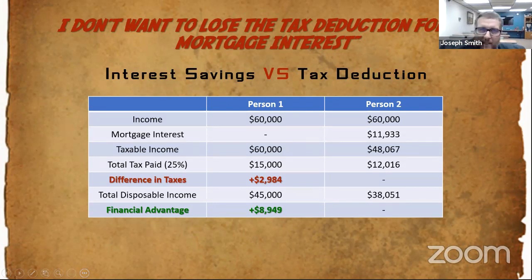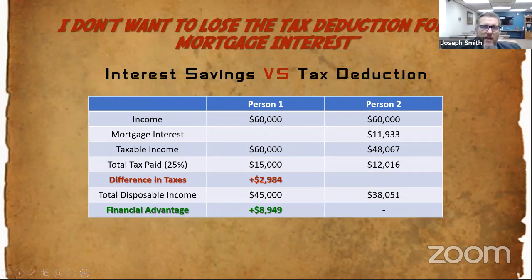Now, the numbers here were run on a $200,000 house, with an average income of, say, $60,000. That's consistent with a lot of the examples that we've been sharing in this PowerPoint. But if we're talking about somebody who has an $80,000 or $100,000 or more income, your mortgage interest deduction is obviously going to be much higher. I understand that the numbers might not match your specific situation, but the math here still does.